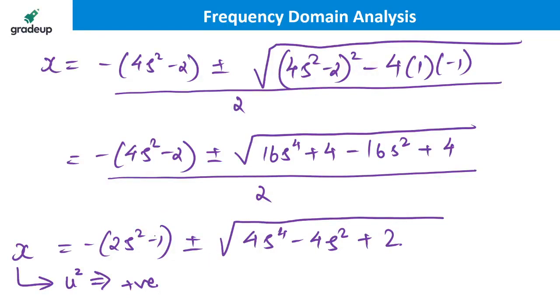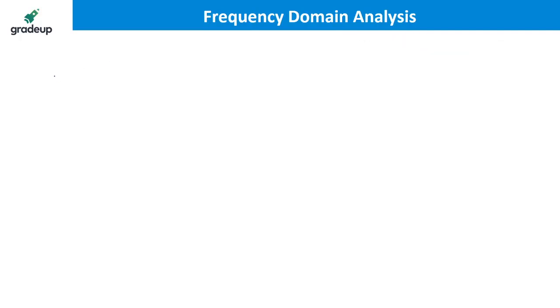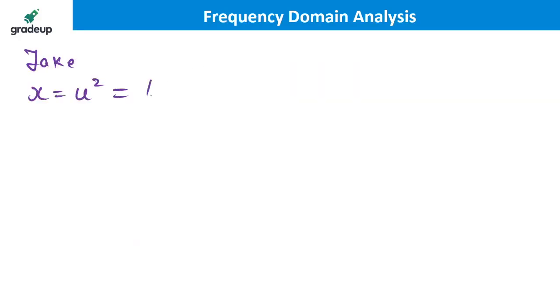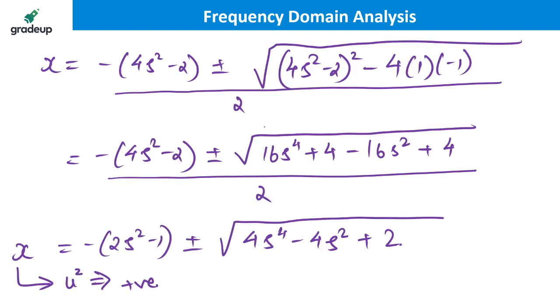Actually the quadratic has 2 roots, but because of this minus sign, the answer may go negative. So what is the x taken? x, that is equal to u square, that is minus of (2 zeta square minus 1). Let's adjust the minus also: 1 minus 2 zeta square plus